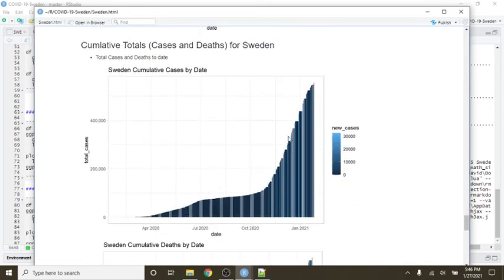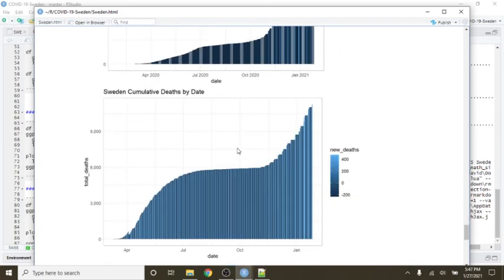Again, these are cumulative totals, so it's the total number from the very first date which the first case was reported to any point along this line. So it's all those cases from here up to here, or from here up to here. Okay, this is cumulative cases, and the cumulative cases really aren't that helpful. The main thing you look for here, of course, is a steep increase, and also what's called the flattening of the curve. And you can see an example of this flattening right here. You had a steep climb up in deaths back here, then you flattened out. Now you're starting to climb back up.